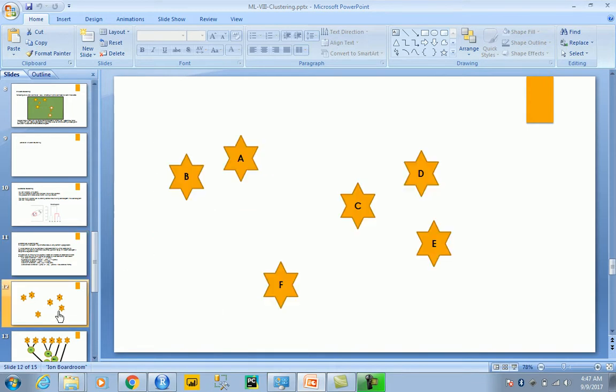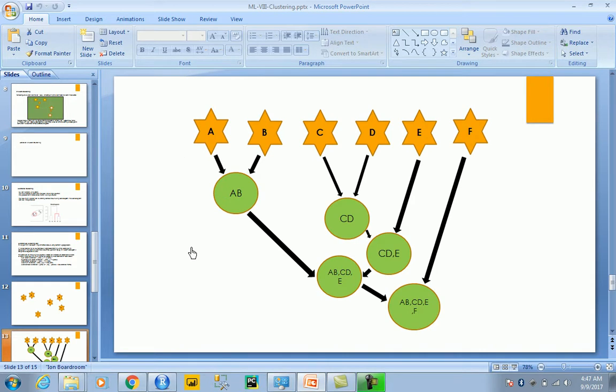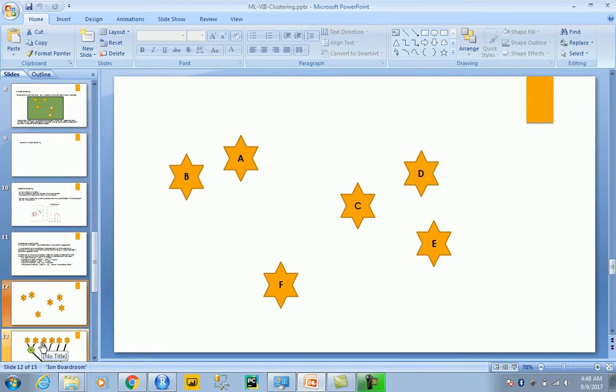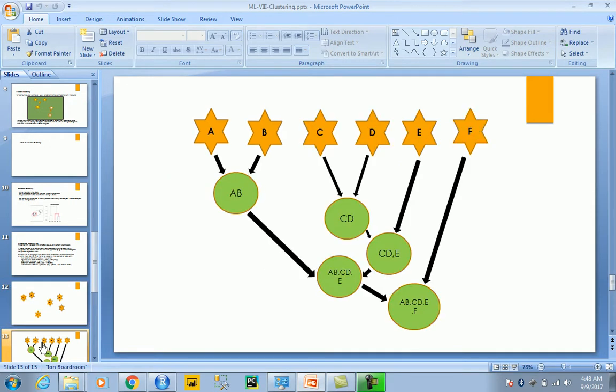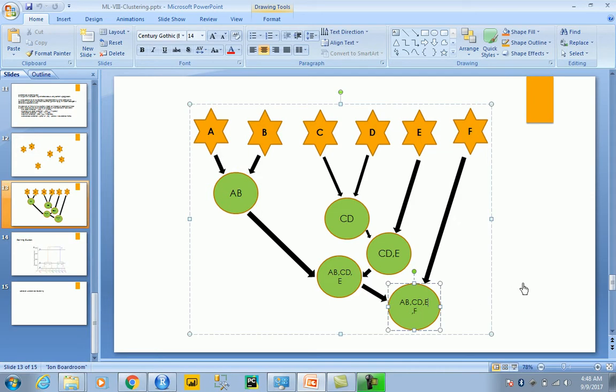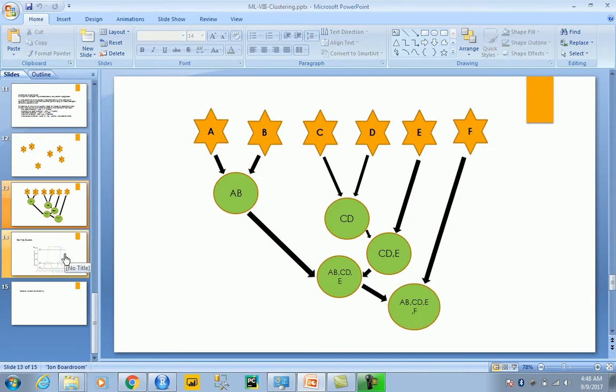The way you would build your cluster is, first, based on the Euclidean distance of the data points from each other, you would associate them. Let's say A is closer to B, and so are C and D. Then you associate C and D with E, and then A and B combine with C, D, and E, and finally you have the entire cluster. So you get the final cluster, and then, based on the number of required clusters,